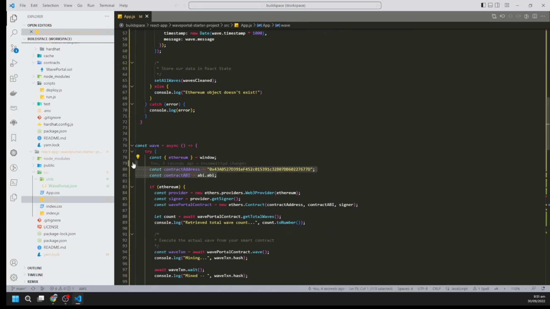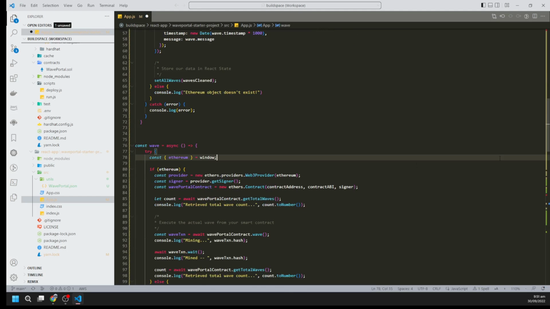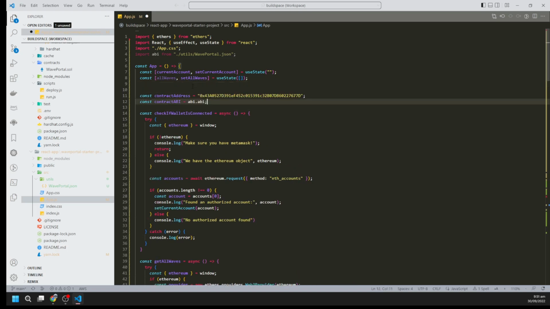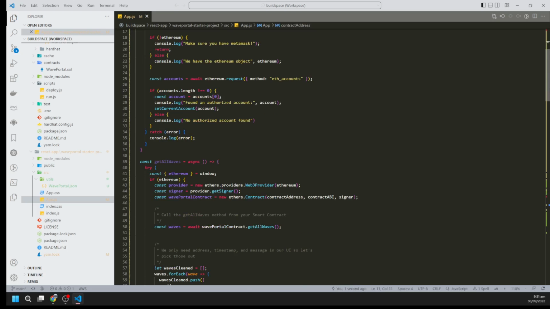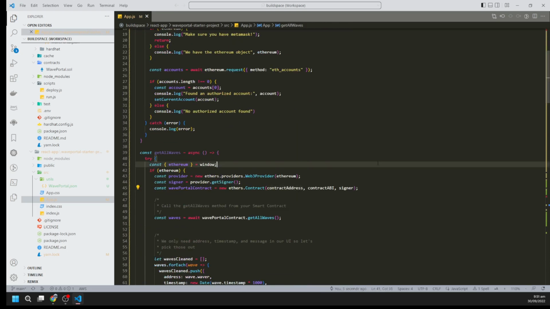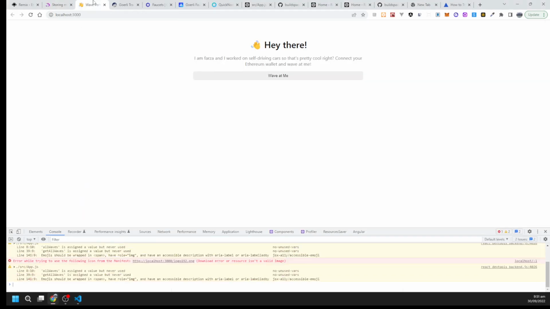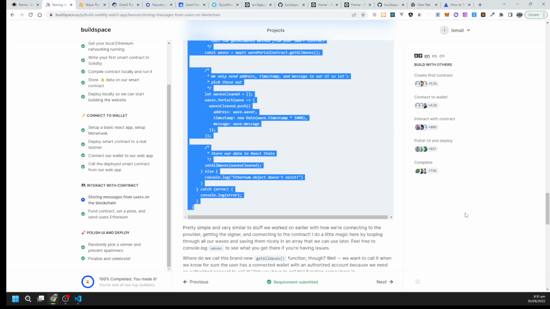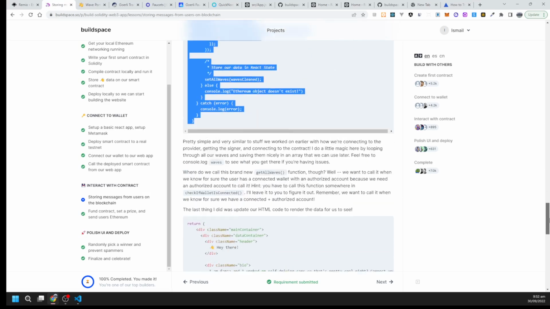Okay, let's move these two lines outside the function so we can reuse them here. Yeah, okay, let's see, it's working. Pretty simple